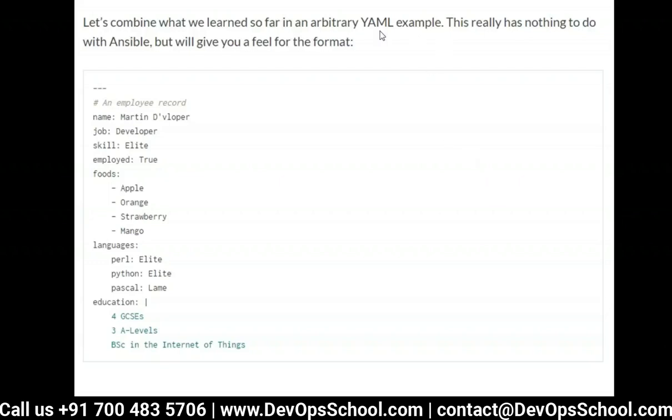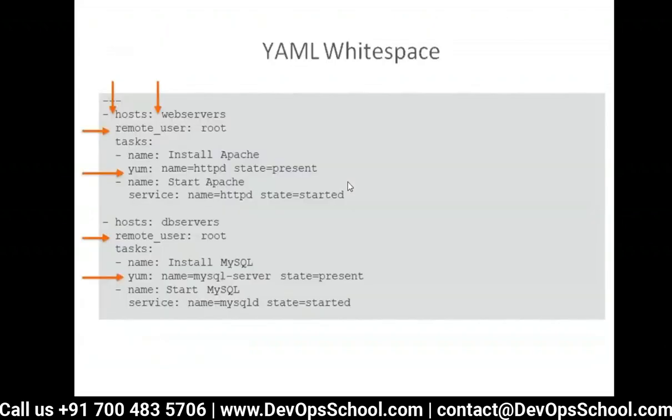Yeah, Rajesh. Okay, so now let me show you the real YAML file, a real playbook. Look at this, guys. If you remember, you have installed HTTPD through command line ad hoc commands, and you started the services. Nothing new, same thing I'm doing here. But look at this. Remember what is a playbook, what is a play, what is a host. So tell me by definition.